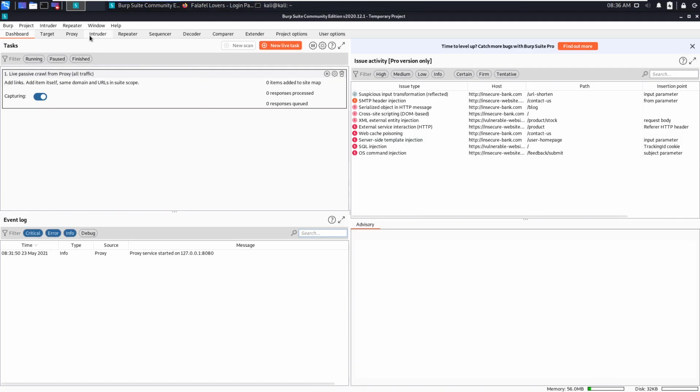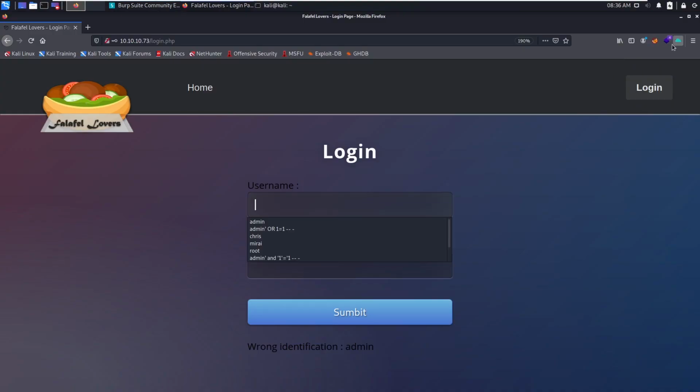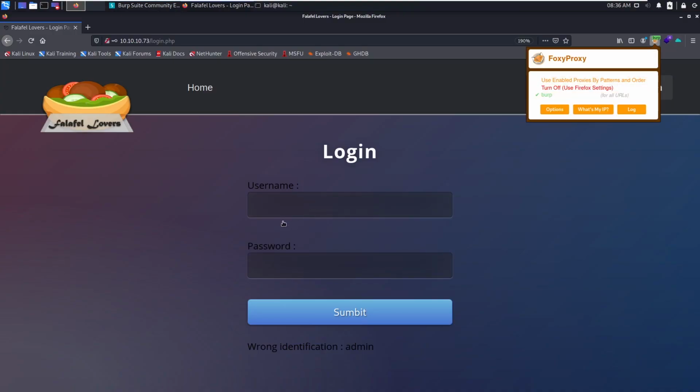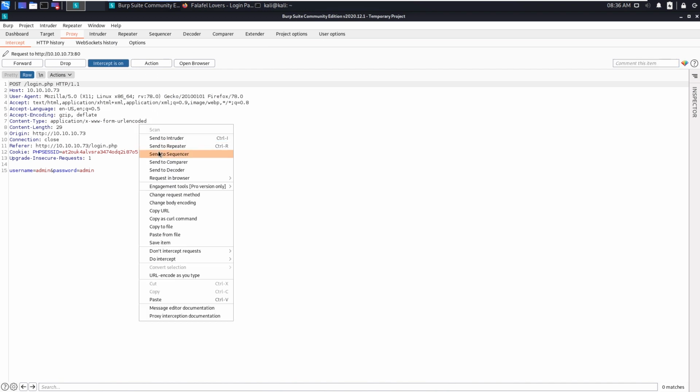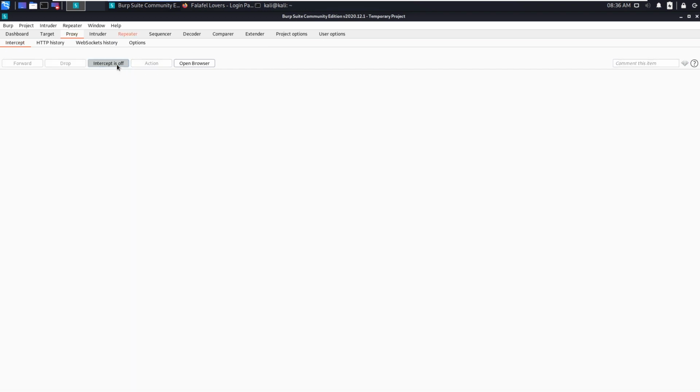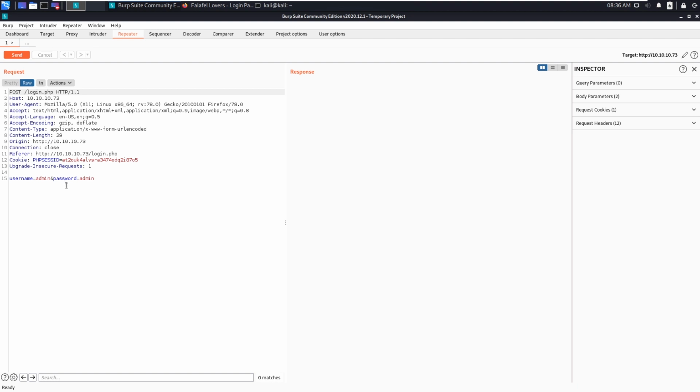So let's turn the intercept on in Burp. Let's say admin, send it to repeater, and turn the intercept off.